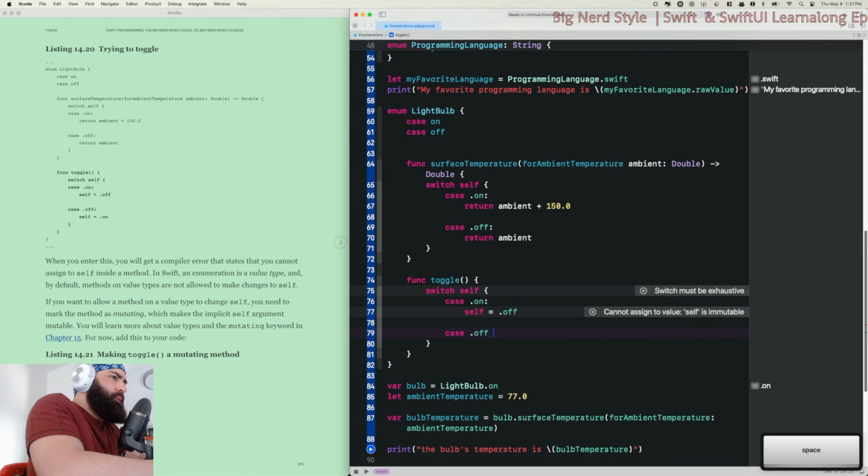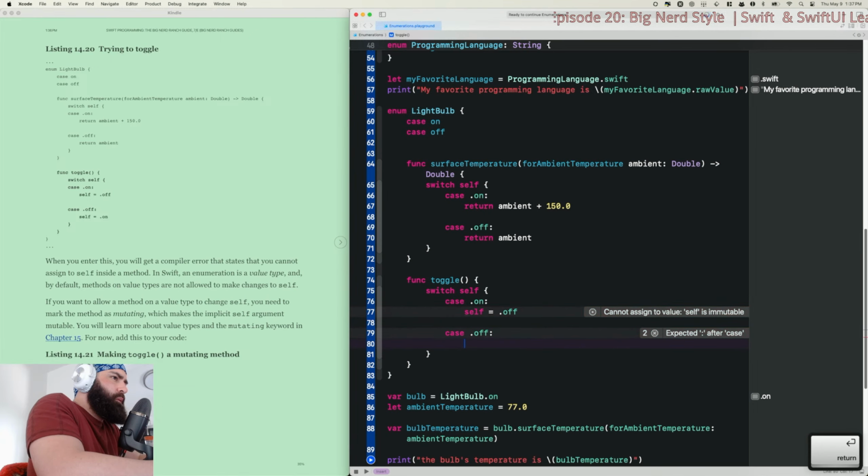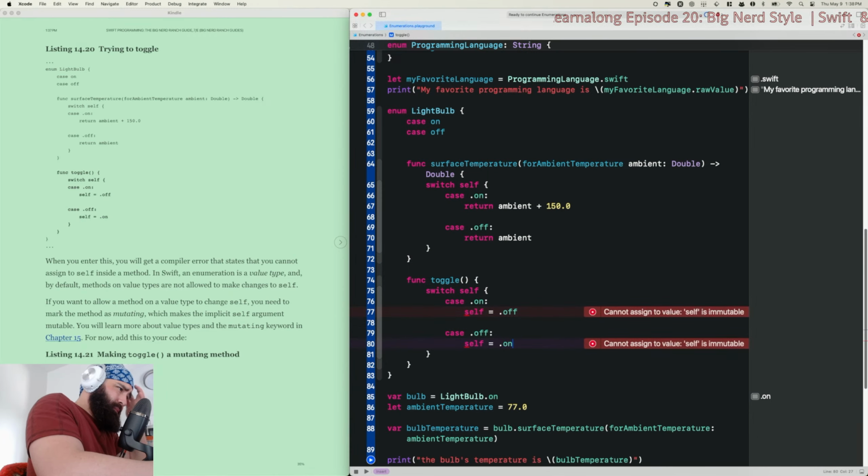And case off, self equals on. What doesn't it like? Func toggle, open switch self, open brackets, case dot on.